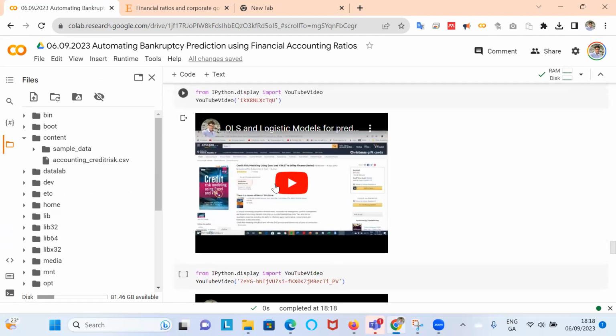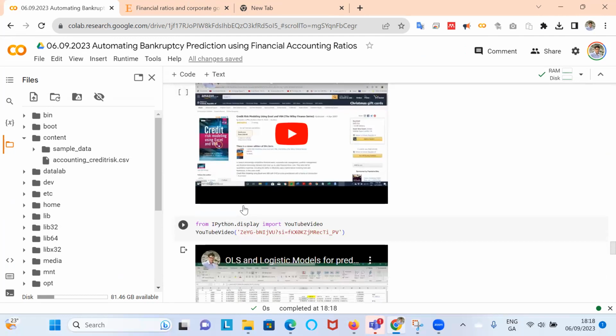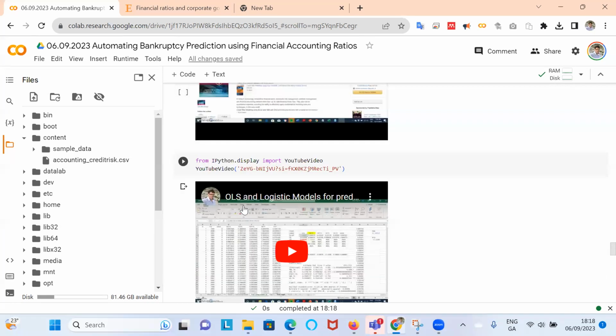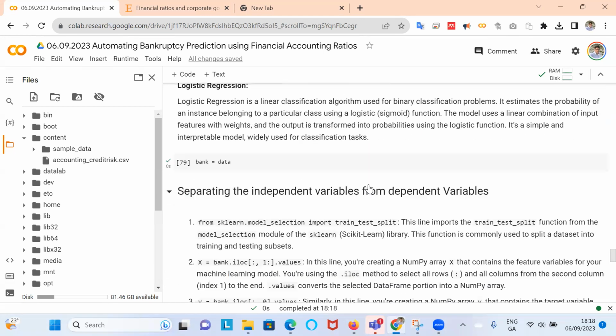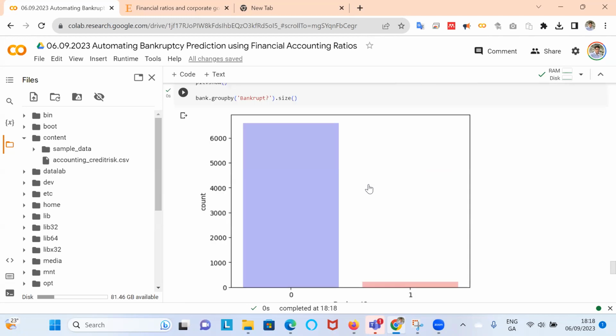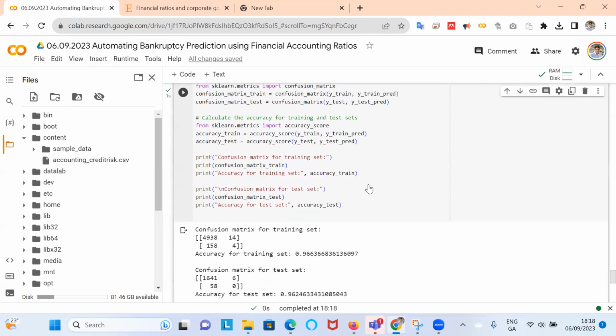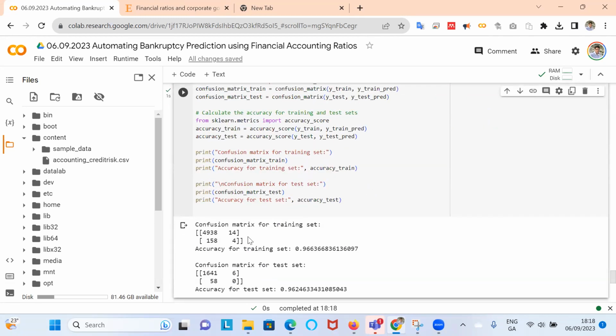I strongly recommend you go into these video clips to see how in an Excel type setup we actually estimate and parameterize models and then estimate the model fit and then compare accuracy levels for the models. But the end product is generally an overall accuracy for the training data and the testing data.